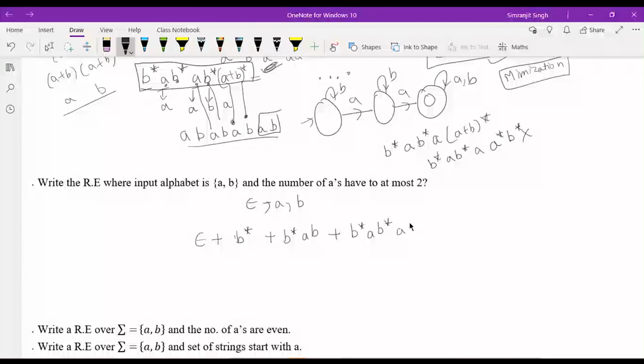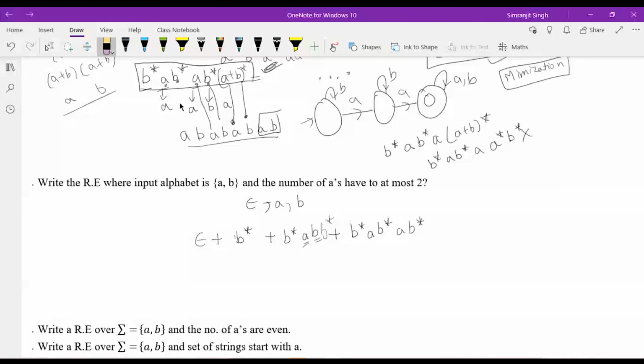Just let me see if it is true or not. At most two A's. He also checked the possibility of 1A, 1B, and also any number of B's. That also seems very correct. And then epsilon is also there. Any number of B's can also come. B followed by a, AB. So exactly 1A, exactly 1B. Yeah, that is also fine. If you write a B star here, that seems more complete.